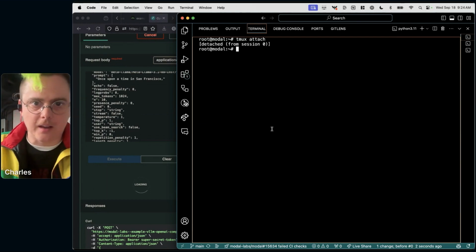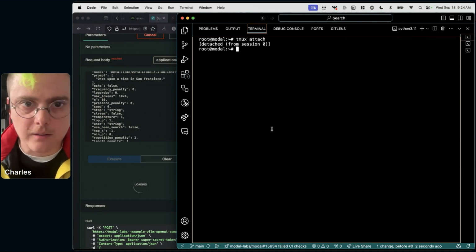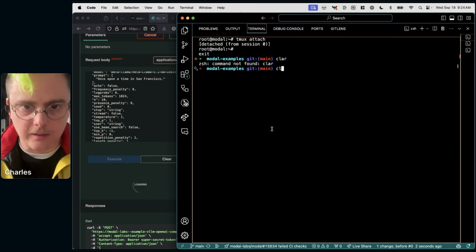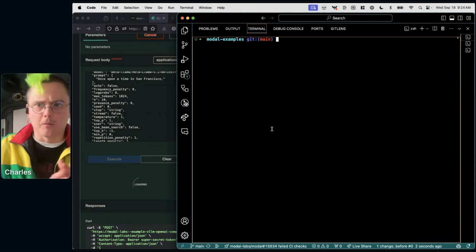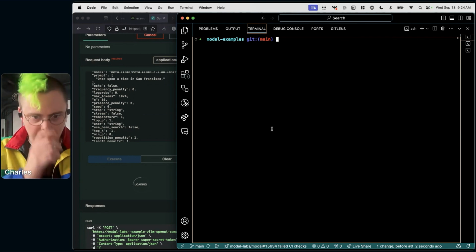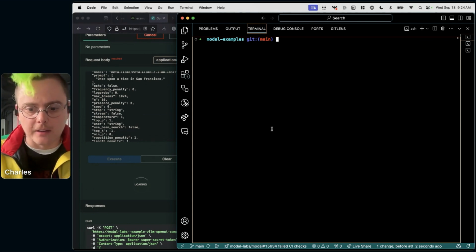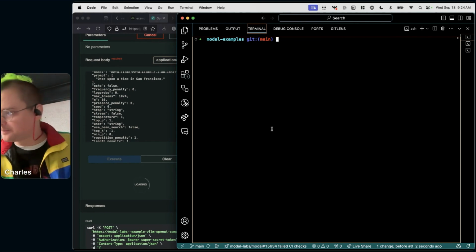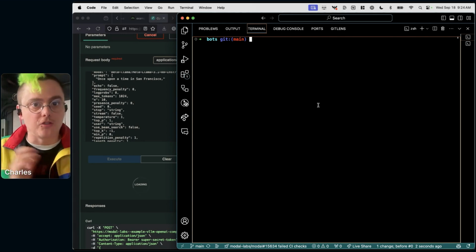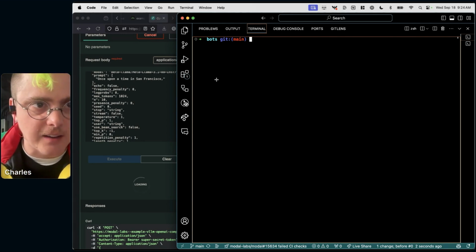Cool. So let me detach and exit. And yeah, I think that's everything I wanted to cover for modal container exec. That's the key offering for being able to poke around inside a deployed Modal application and debug it live. I'm going to quickly show modal launch Jupyter for doing data science-y tasks